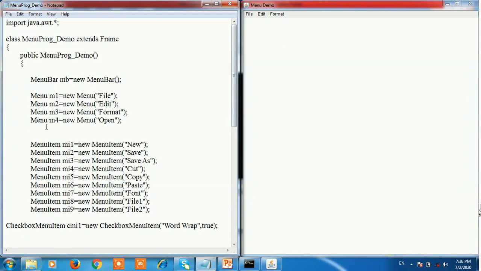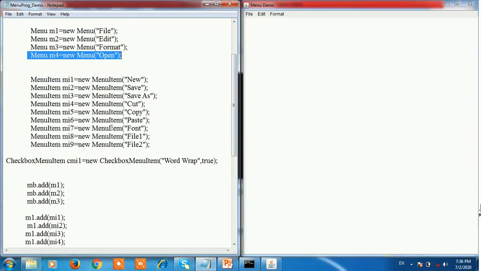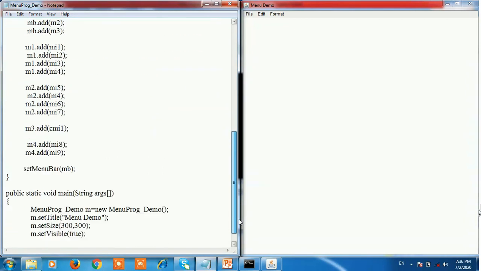See here, Open is a menu, and in the menu we create two menu items, that is File 1 and File 2. Here we add the object m4. m4 is the object of menu 4, that is the Open menu.